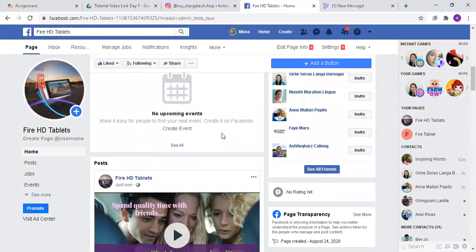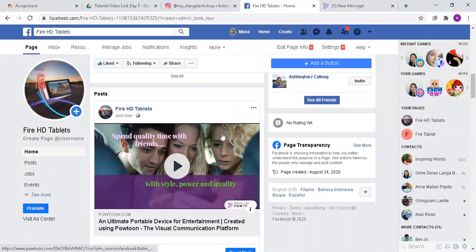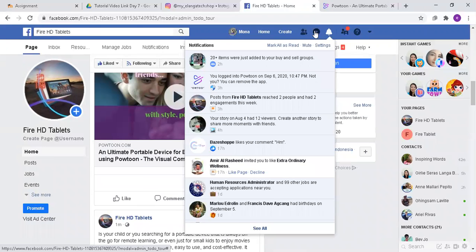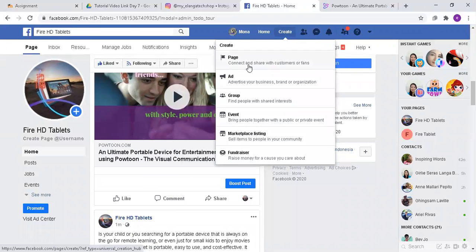There are several ways to run ads right here on your page. It's either posting a post, or you can choose more options right here as you click on creating ad.